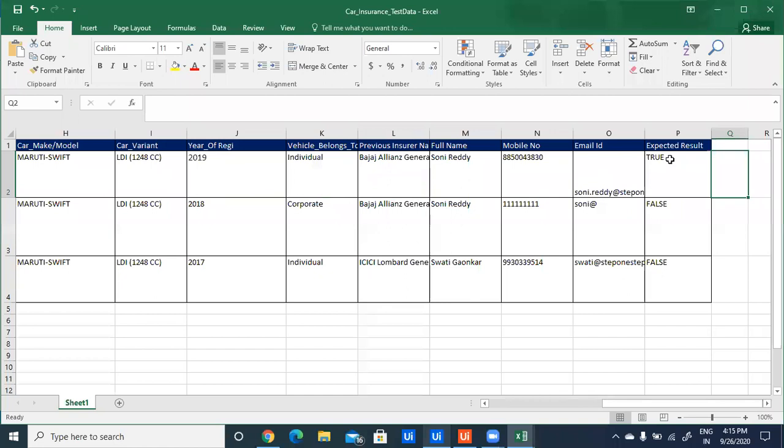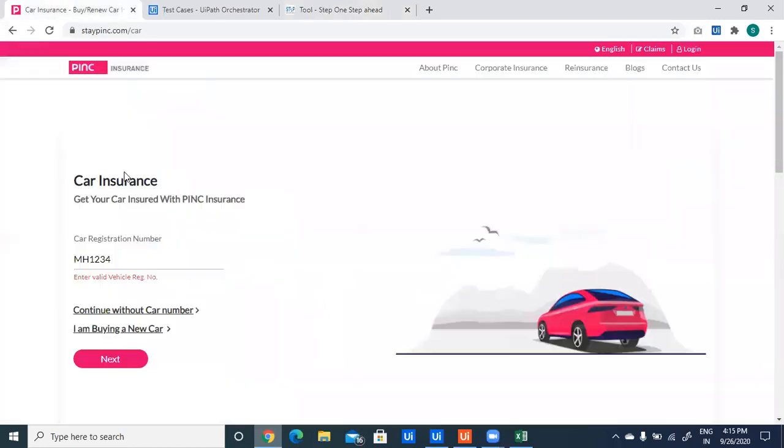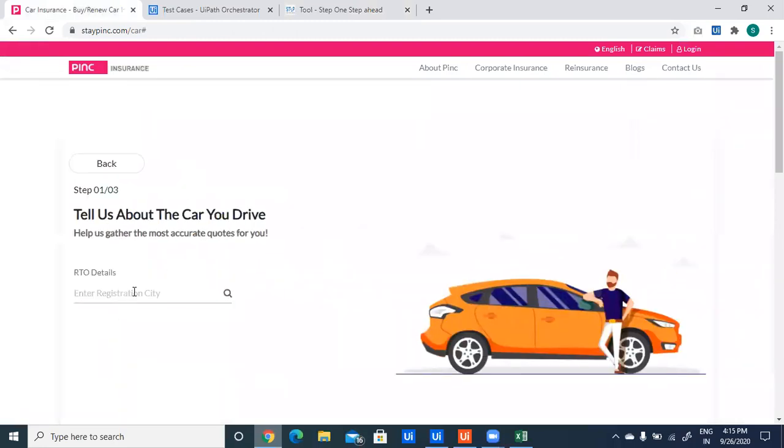So first we will see a manual cycle for this quotation functionality. I need to open the browser. For this functionality, we need to click on this continue without car number. I have to enter RTO details.